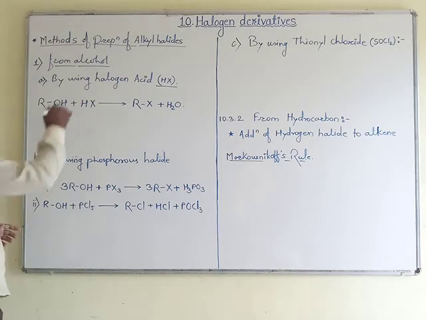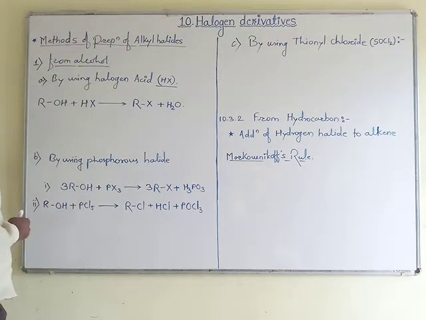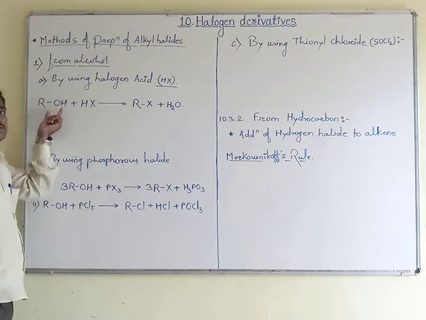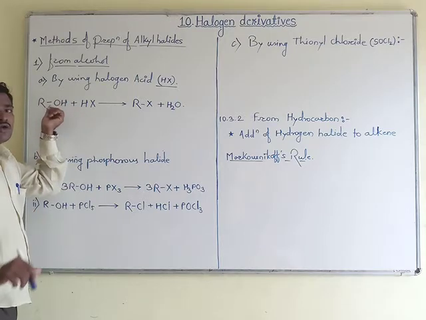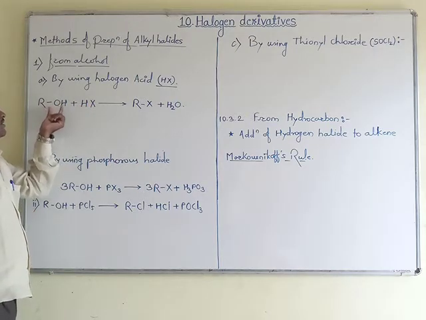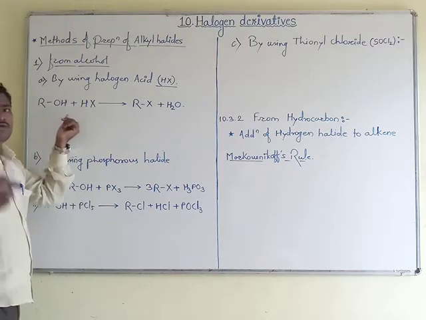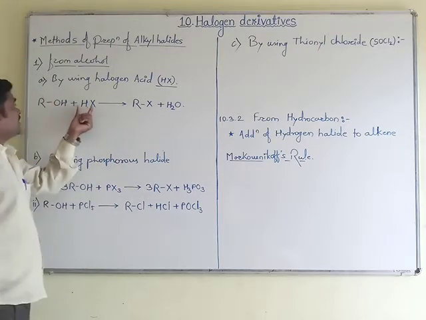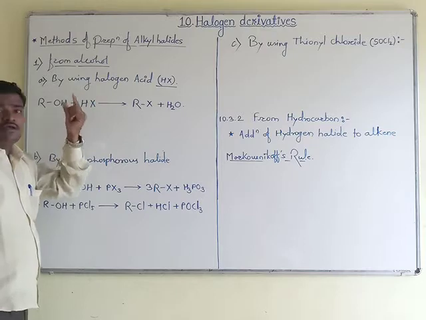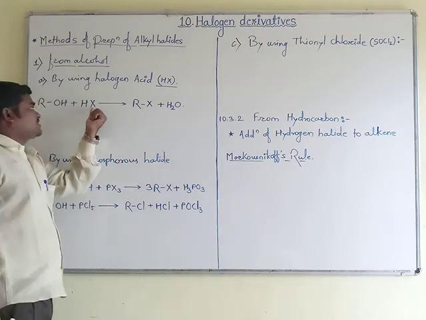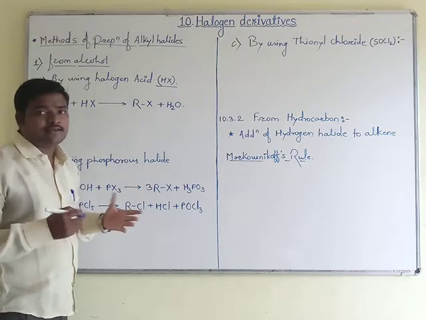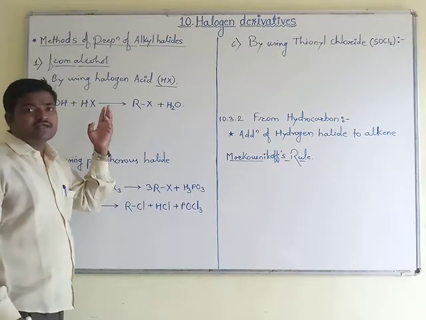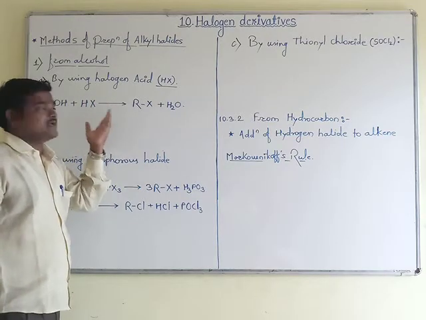That method we are using here, this is the general reaction which I have given here. ROH is the general example of alcohol, where at the place of R you can use any alkyl group, that is methyl, ethyl, propyl, like that. And here HX is the general halo acid, where X indicates chlorine, bromine, iodine. So if I put here HCl, you can say hydrochloric acid, HBr hydrobromic acid, like that.